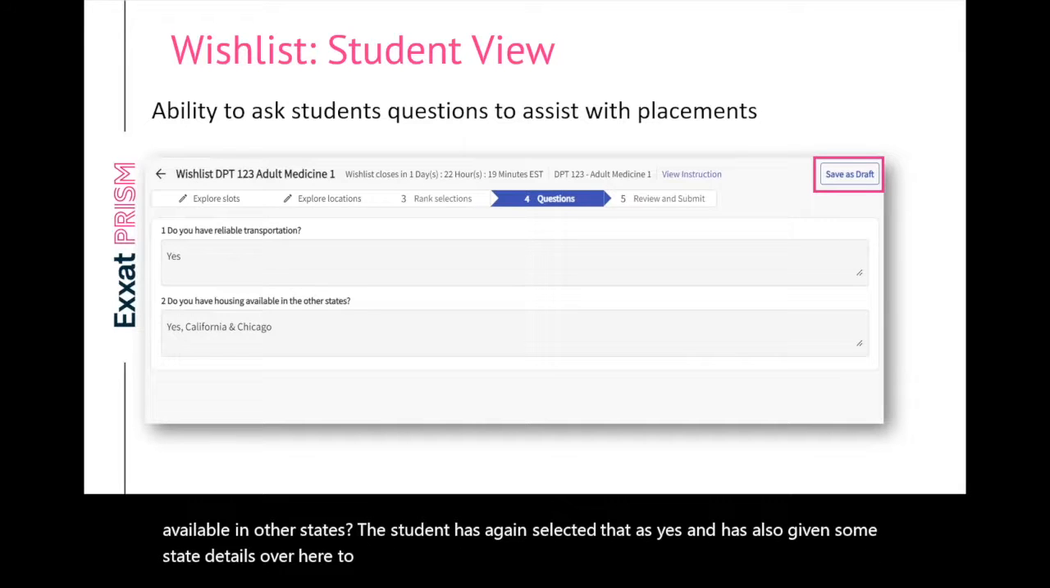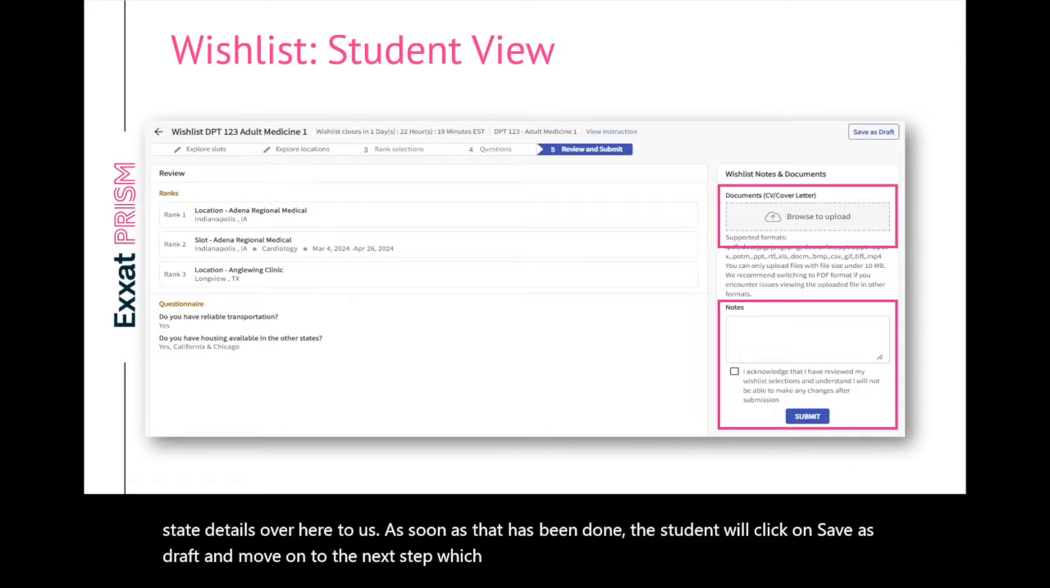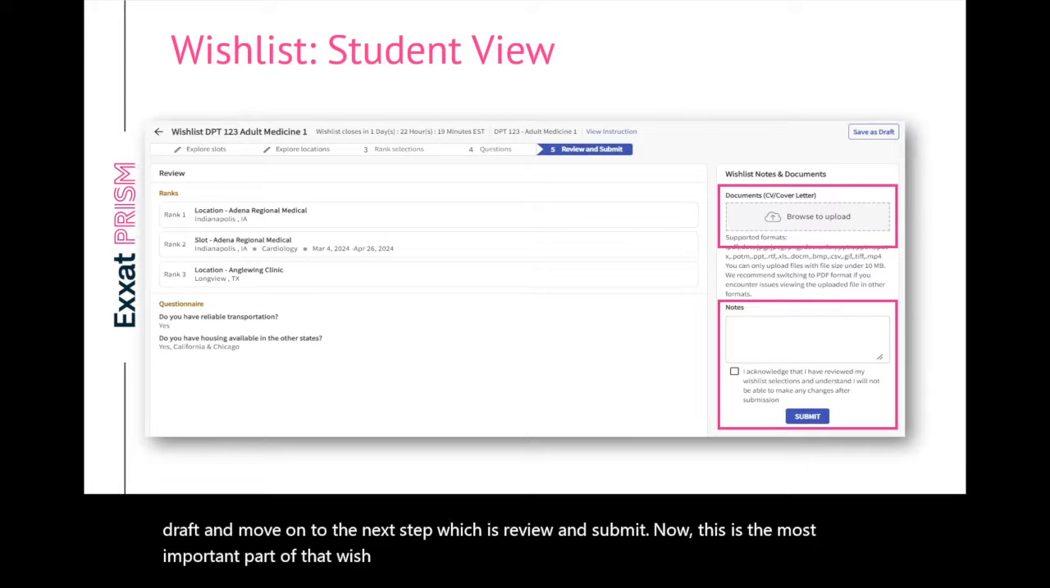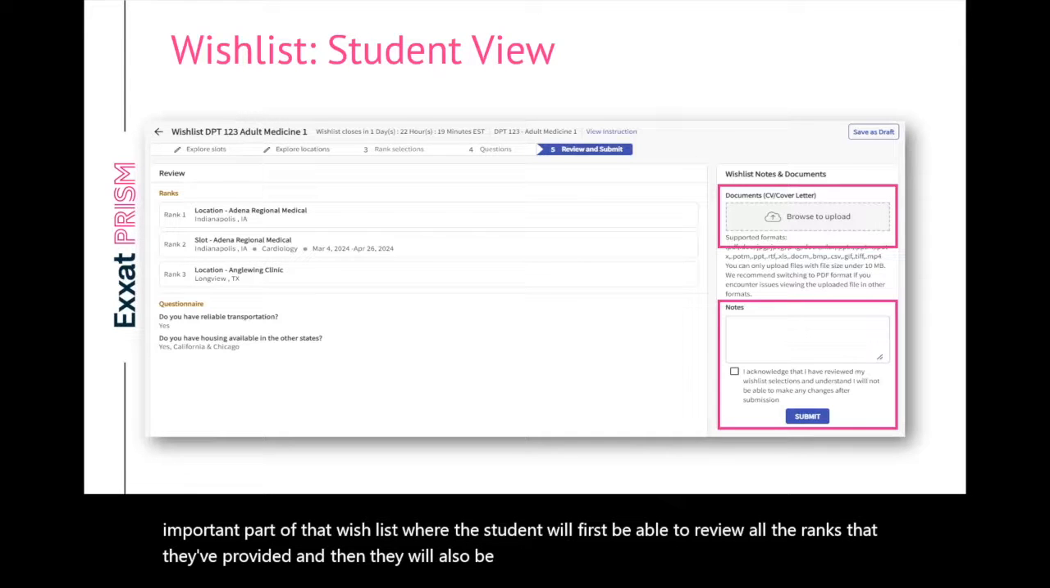As soon as that has been done, the student will click on Save as Draft and move on to the next step, which is Review and Submit. Now, this is the most important part of the wish list, where the student will first be able to review all the ranks that they've provided, and then they will also be able to see the answers that they provided